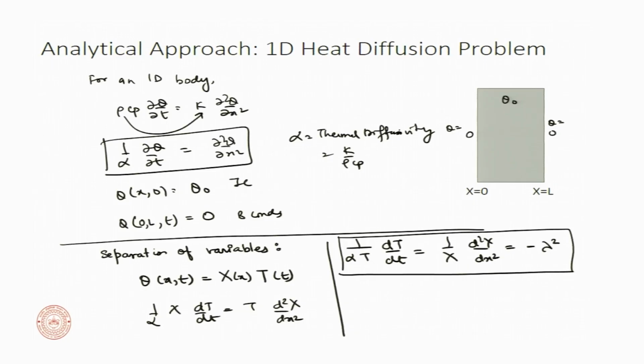Alright, so let's again start this problem since we had left it up to a certain extent. We had a one-dimensional body. So this is our 1D body. In this 1D body, our heat diffusion equation is rho Cp del theta by del t equals k del squared theta by del x squared. How does this equation come up? You can rewrite this expression as rho Cp del T by del t equals k del squared T